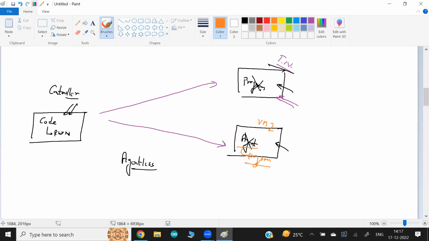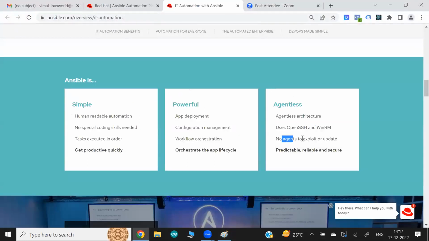If a bug comes up in this program, the entire system may be compromised. And any new updates come in the agent, you have to upgrade the agents also. So a lot of extra overhead comes up in terms of agent management, or program management. That's what they're talking about. There's no exploit and no update because there's no agent